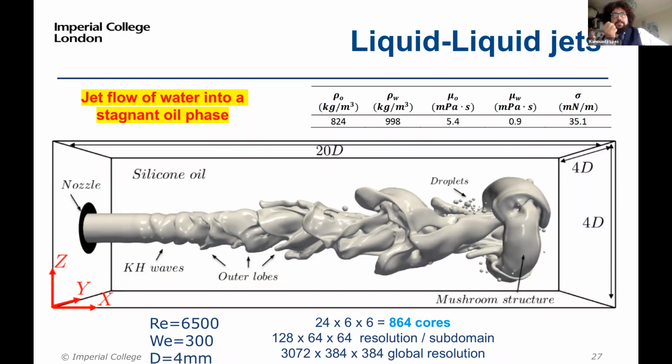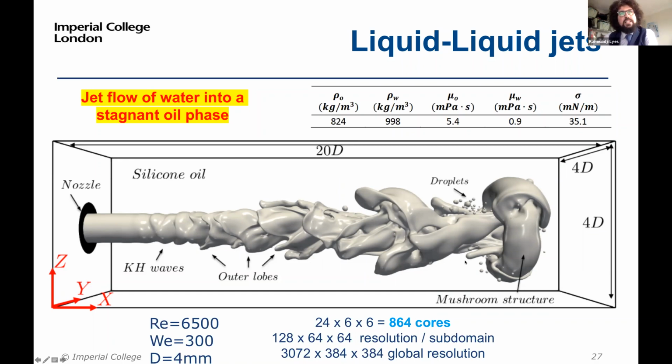The jet is mainly water spreading toward a really viscous oil, and this jet is pulsed. This is the configuration at the top here. I put the physical parameters, the density, viscosity, and you can see that in the beginning you have a lot of destabilization,